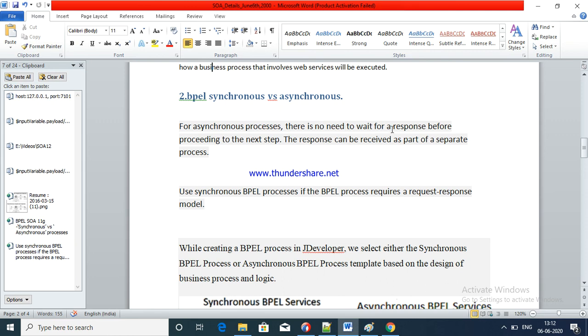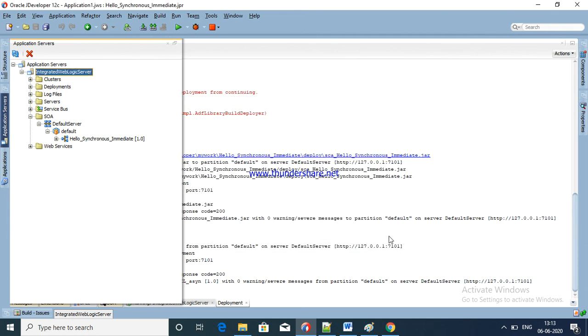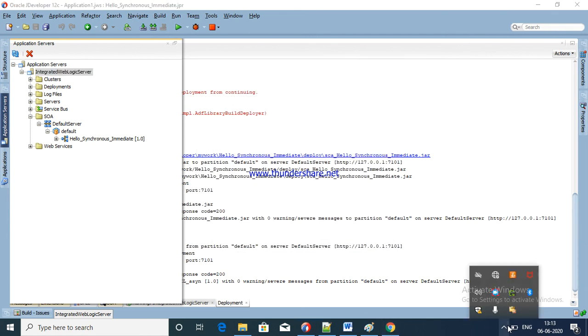There is no need to wait for a response before processing the next task. Here the response can be received as part of a separate process. This is synchronous, a request-response model. Okay, close it. Now I am going to complete this.